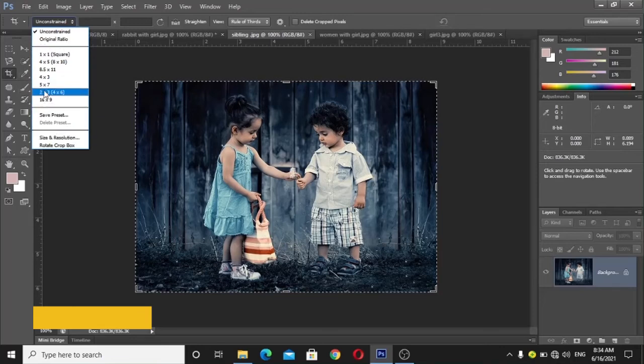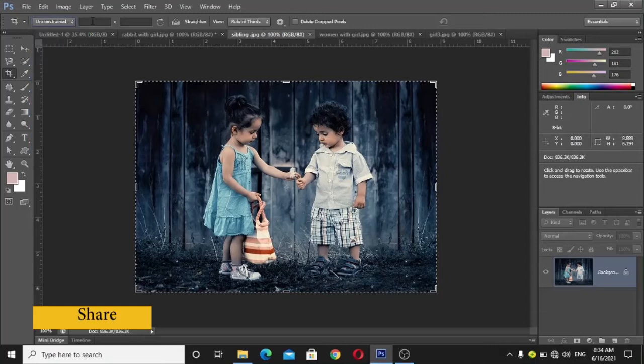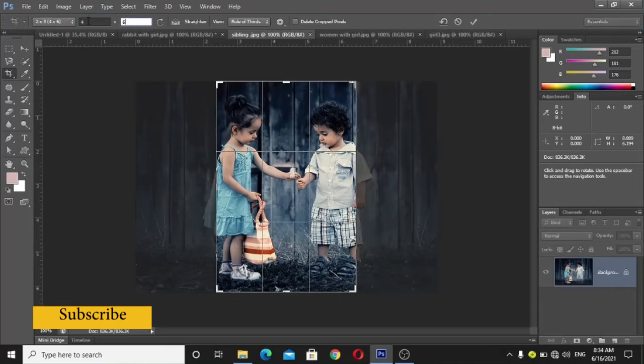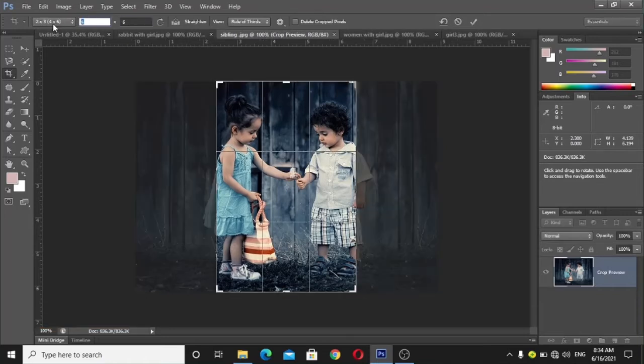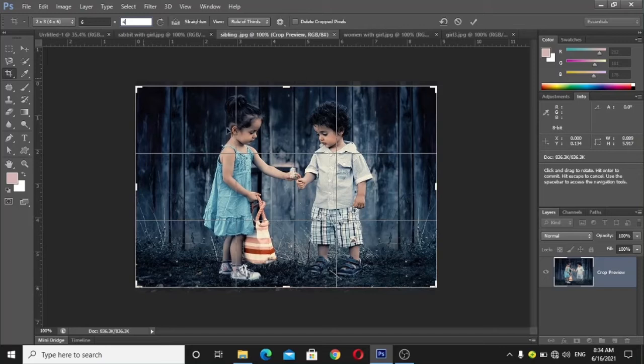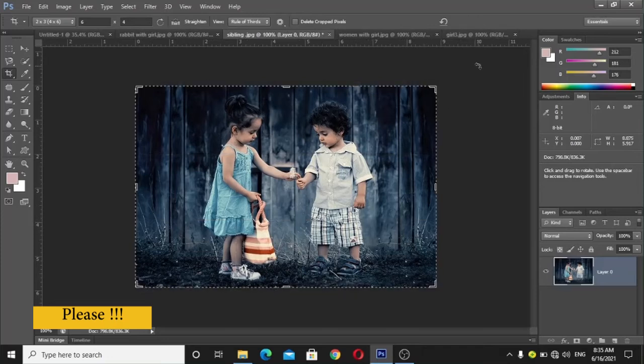I can also do it by entering values like 4:6 or 6:4. This is the option you can use to crop the picture in an exact proportional way, and press OK. Then your picture will be cropped.